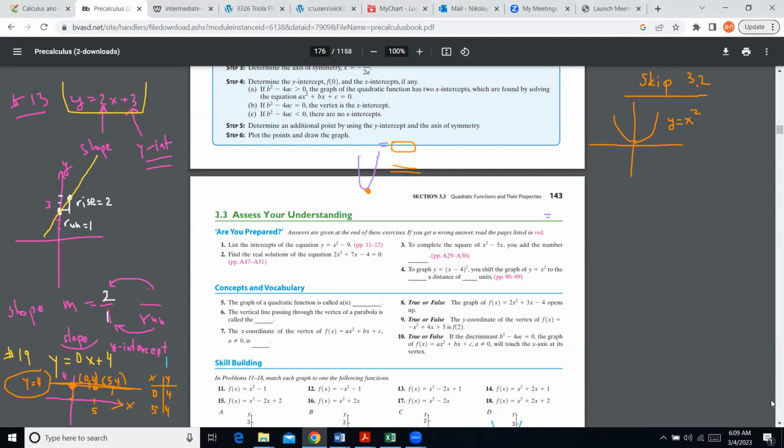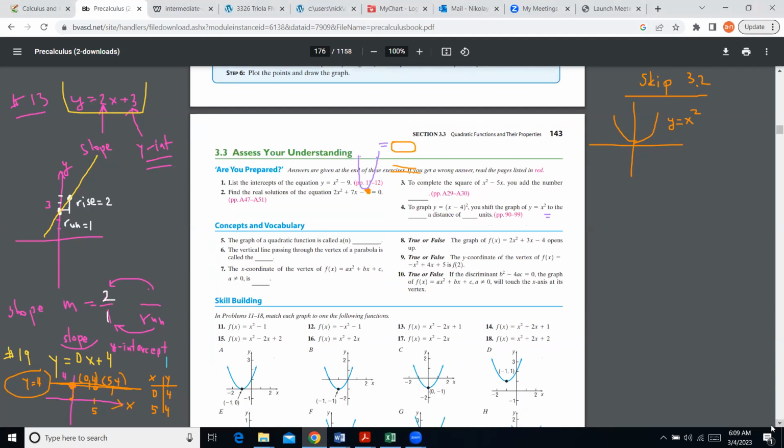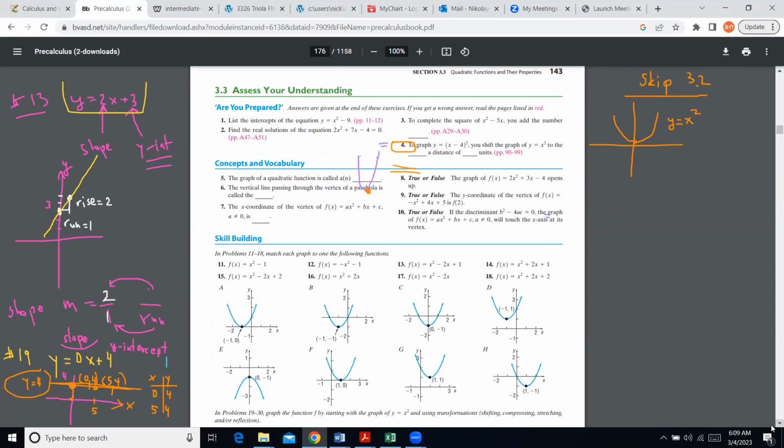So the key point on the graphs is the so-called vertex, and that's what we really care about the most, and that's what they actually have here in the exercises. So let me try problem number 11 here, that wants you to graph. That's section 3.3, exercise 11, that gives us the equation of a function y is equal to x squared